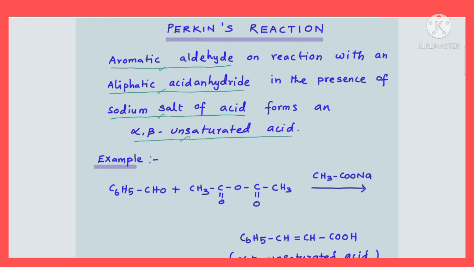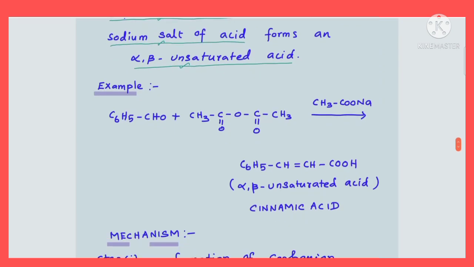Okay, right. Now I have given one example for Perkin reaction. Here the aromatic aldehyde is this one with formula C6H5CHO, which is nothing but benzaldehyde, isn't it? Now here benzaldehyde, an aromatic aldehyde, is reacting with an aliphatic acid anhydride. This aliphatic acid anhydride is nothing but acetic anhydride. What is this called? Acetic anhydride. This is an anhydride of acetic acid. So acetic acid is an aliphatic acid, isn't it? So it is an anhydride of aliphatic acid.